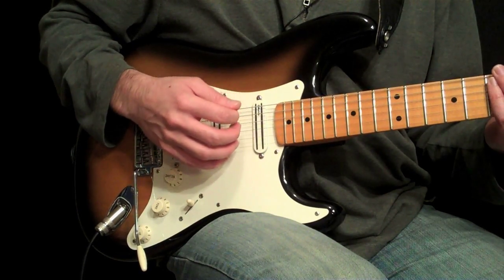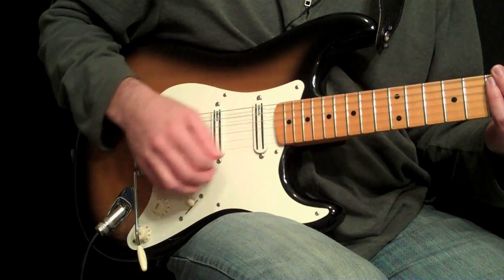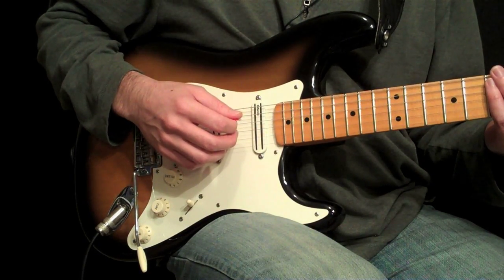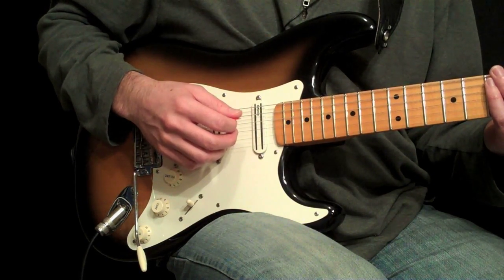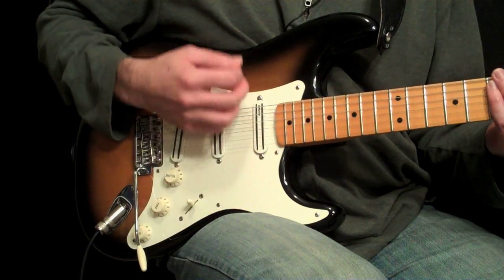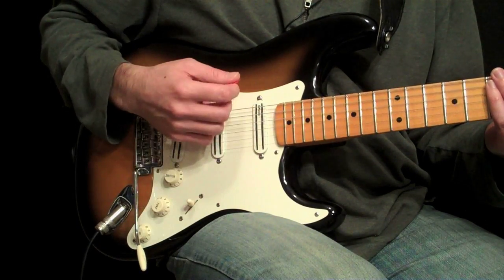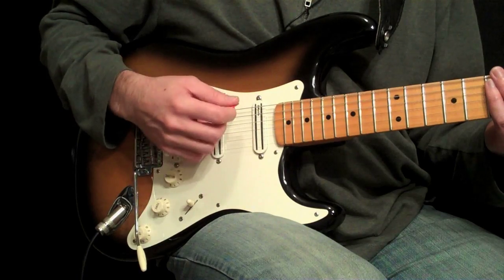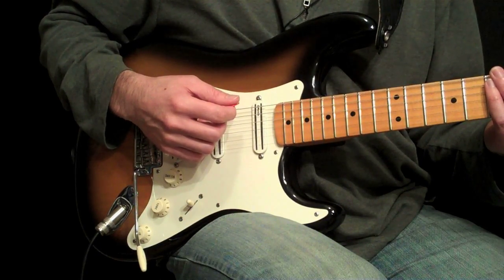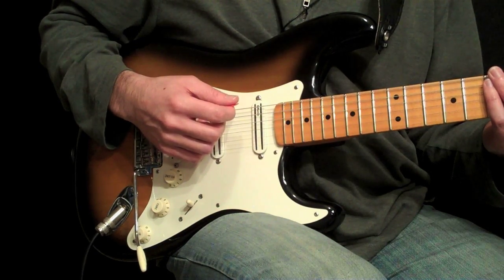So what does that mean? Well, let's say this. We have that 1 and 2 and 3 and 4 and rhythm. Let's say we took the and out of the 1. So we would basically have 1 and, but you missed the strings. Do you see how I still did the and with the right hand, but I made sure that the pick missed the strings? So if we took the and out of the 1 and the and out of the 3,